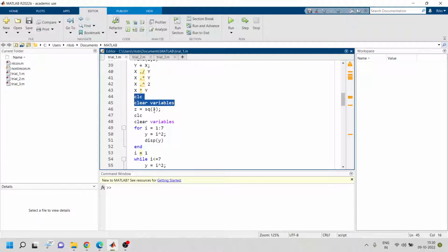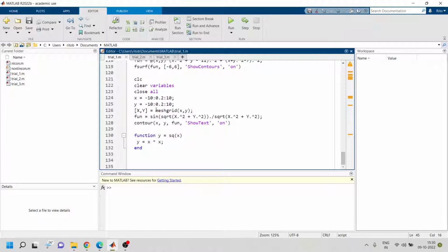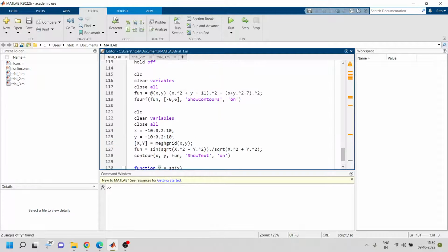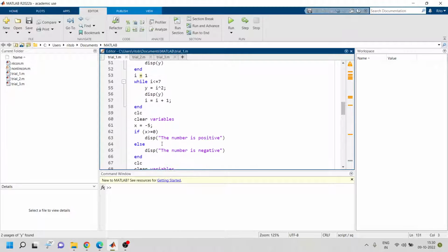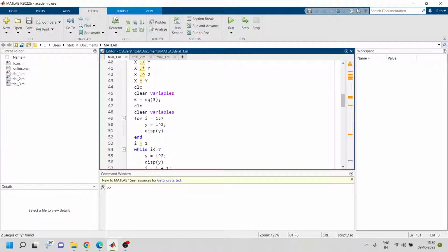So I've written z equals sq3. So sq is the function that you have written at the end of this file. Here also you use that function keyword and you can write this output y, and then your argument is x, and this is your function name. And this is the body of the function where you do the square by just multiplying x times x, and you get the answer. It's a pretty simple function that I have written, and you can run this and you should get a solution of 9. So z should be